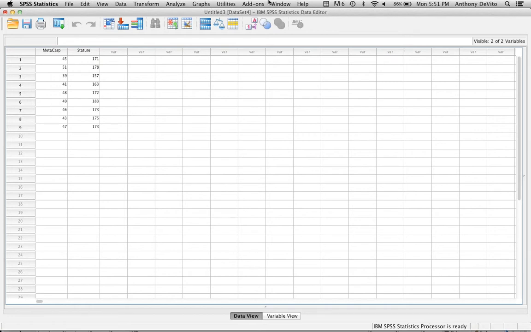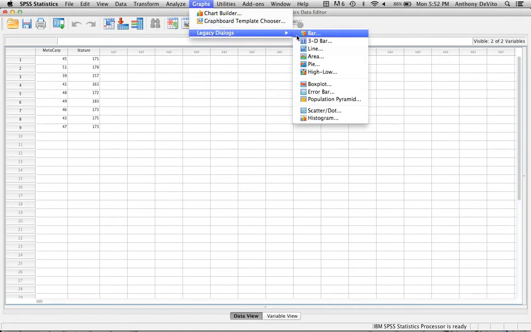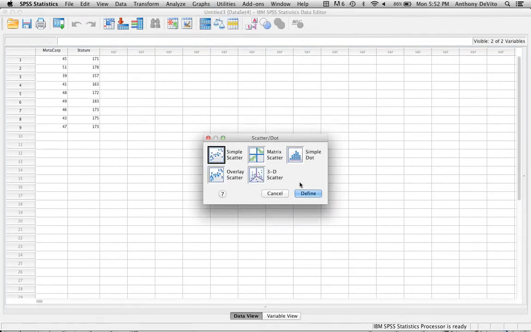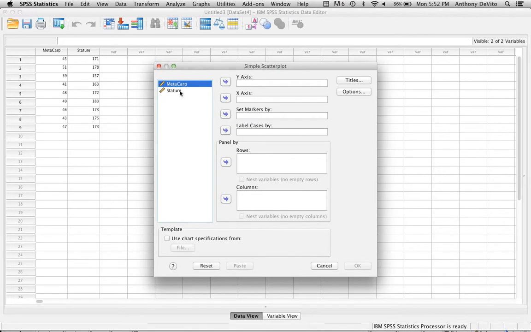What's that? Scatter plot, right? Let's take a look at this data on a graph. So I'm going to go up to graphs. I'm recording this, by the way. I'm going to go up to graphs, legacy dialogues, which I like to use because it's simple, scatter dot, simple scatter